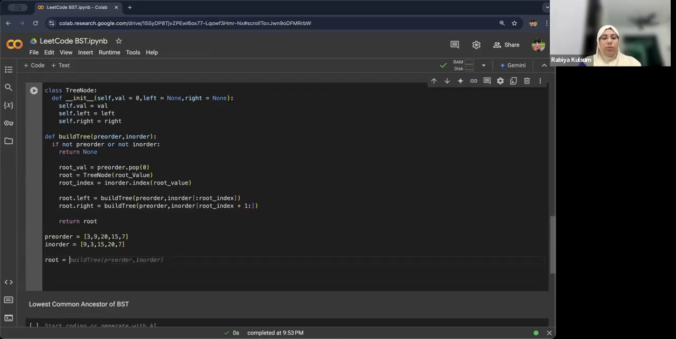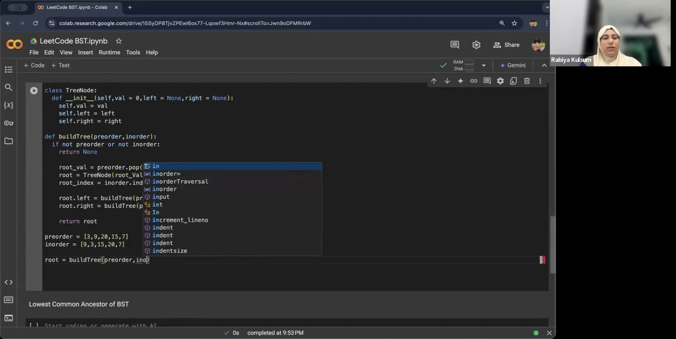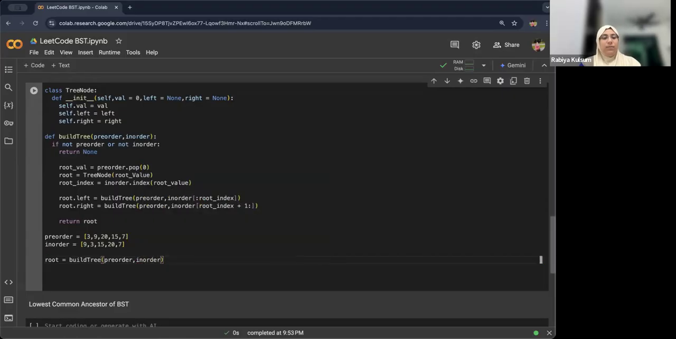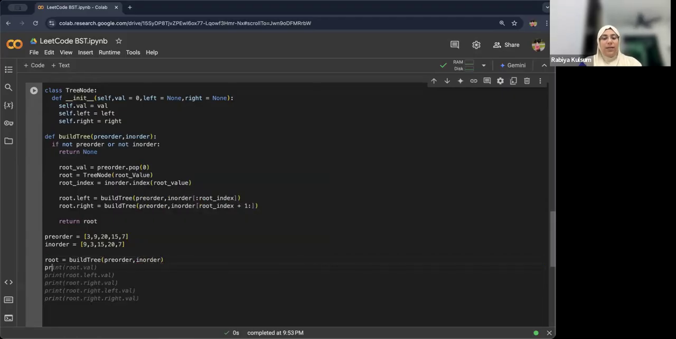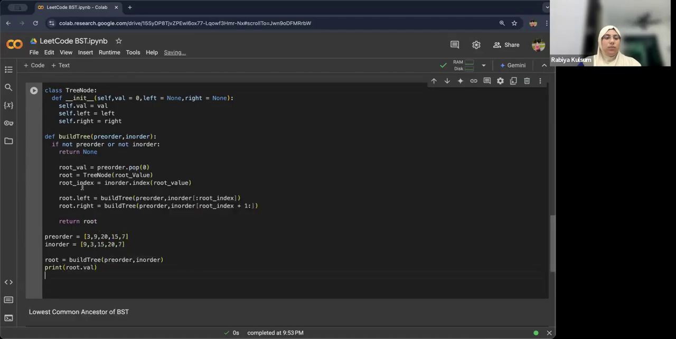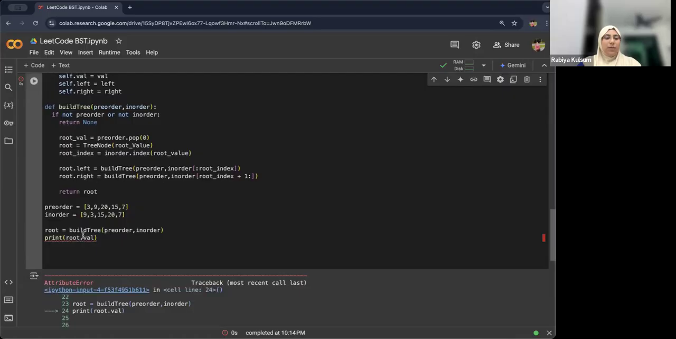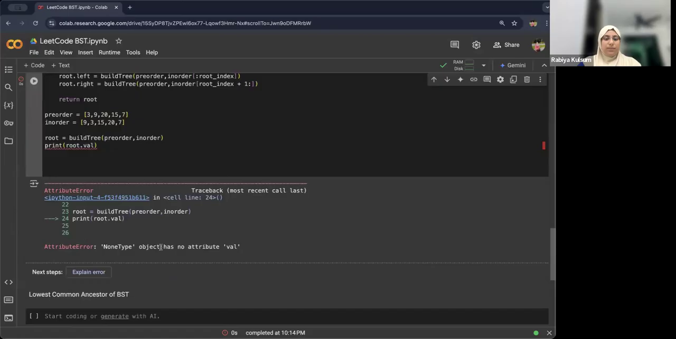So root is equal to build tree. Now in this, we are going to run both the lists, pre-order and in-order. Now let us print the root value. The root. Now root value. So when we are printing the root val,